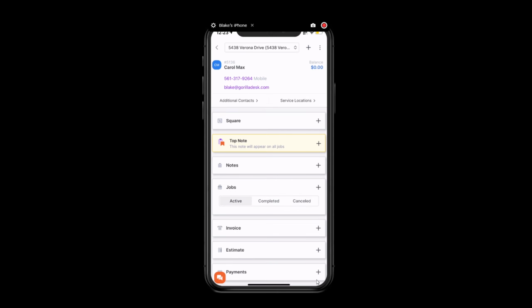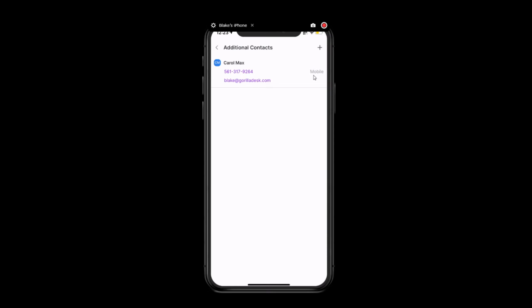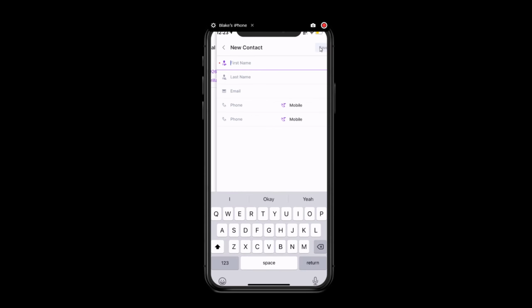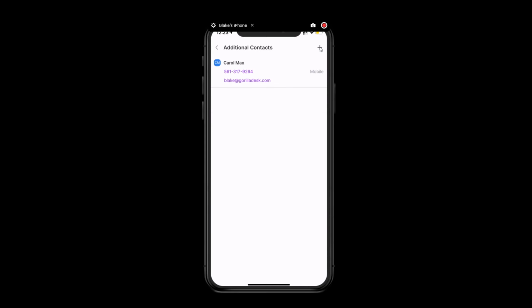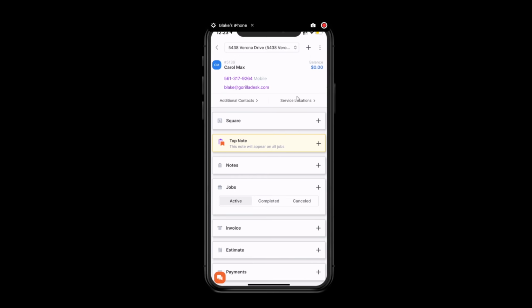Once you've done that, you will have created a customer, and that will bring you right to their customer profile. This is where you can see a consolidated view of all of the customer's information. From here, you can also add additional contacts by clicking on the plus sign. So if you wanted to add a spouse or a family member or possibly a different billing contact, you can add those there. You can also add additional service locations by clicking right here